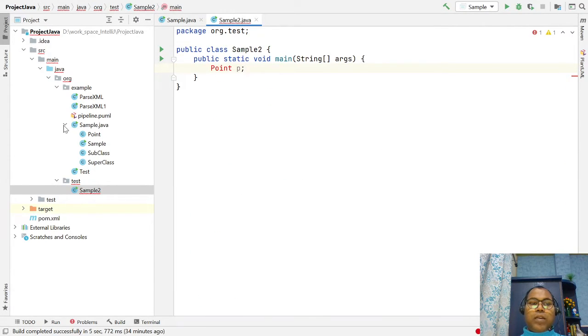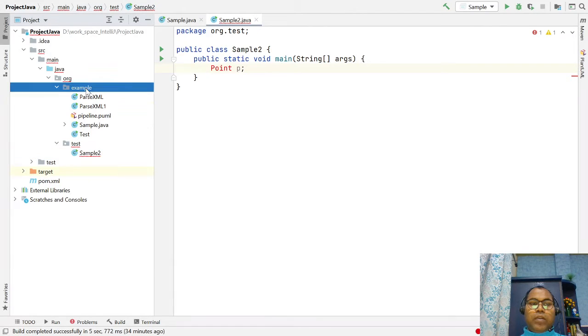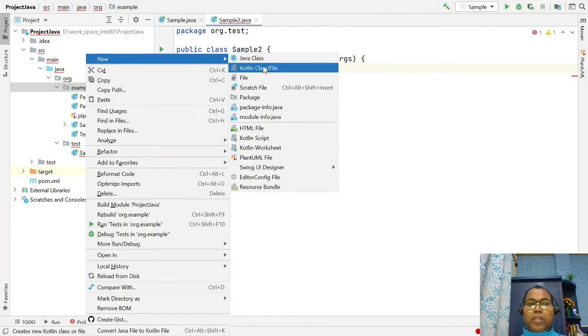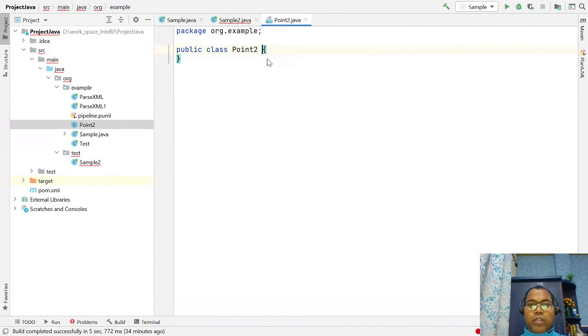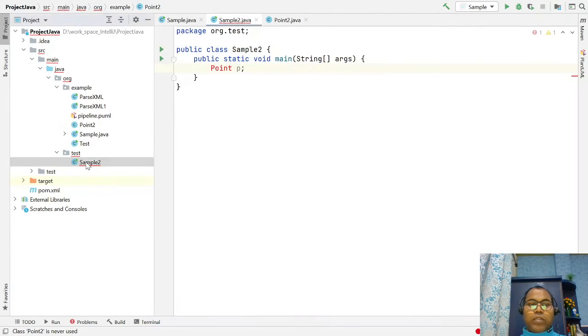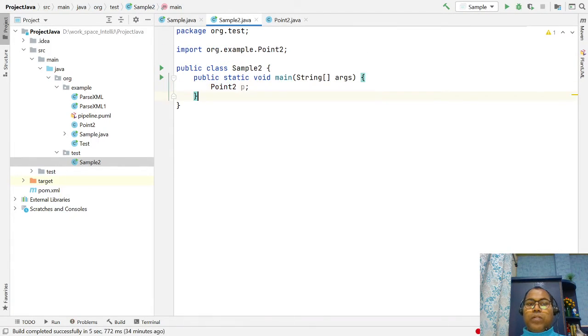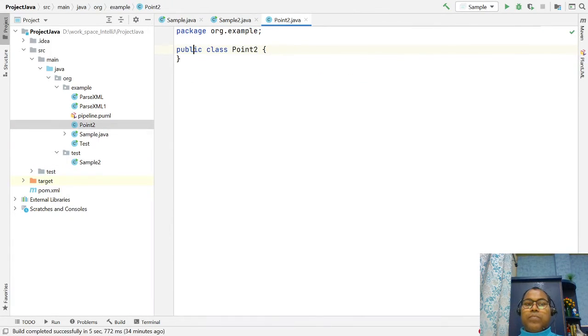Let's write another class in this example package, like class point 2. If you are inside a different package and trying to access point 2, this point 2 is accessible. So that's important. Now point 2 is accessible. The reason is that your point 2 class is a public class.